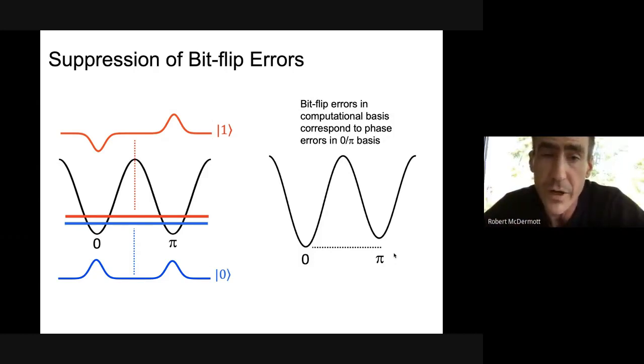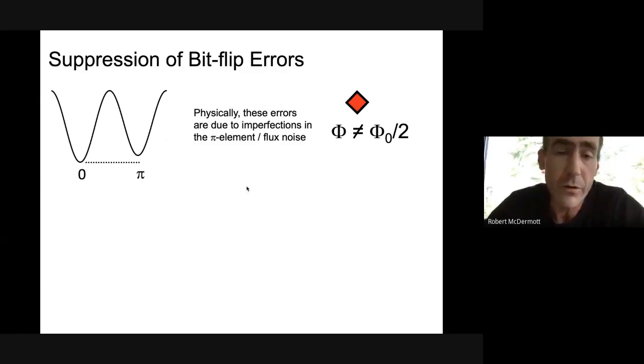So in order to understand what these errors are going to be due to physically, we have to think about the internal construction of our pi element. And so, physically, these errors are going to be due to imperfections in the pi element, or in other words,